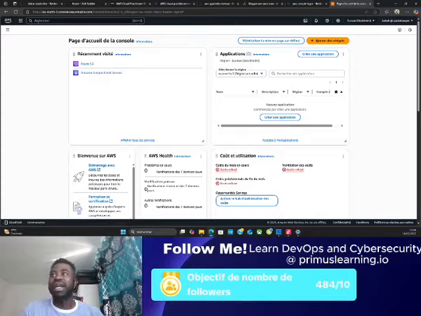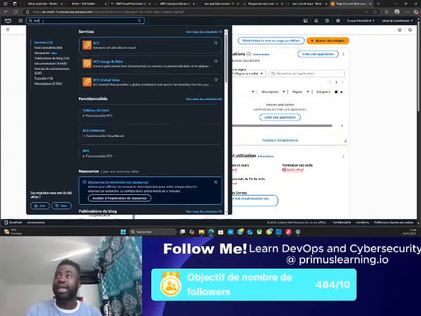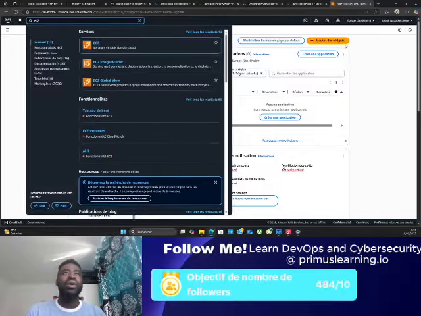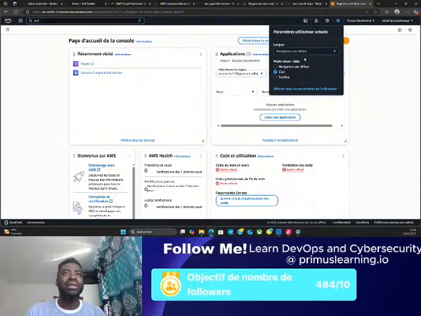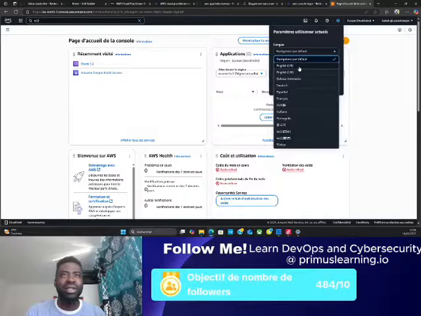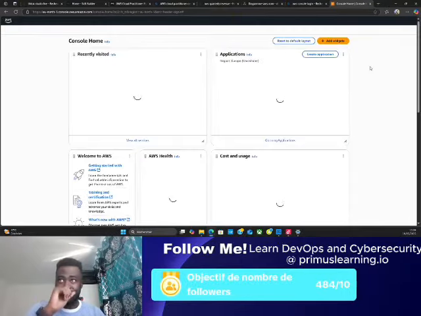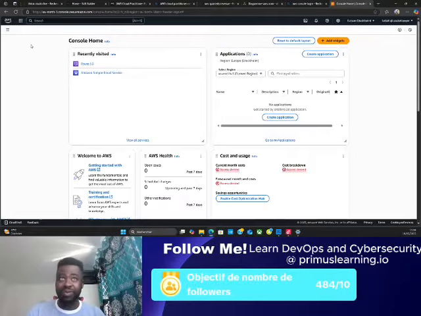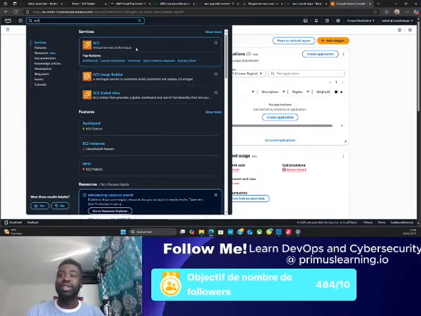So now this is AWS. If I want to go to a particular service, I'll say EC2, like that. So you see here, why is this in French? Hold on, let me see if I can change the language to English. Yes, let me switch to English so that's better. Now here, if I go to EC2, even just from the description, you see that it is virtual servers in the cloud, right? So if I click and open the service,